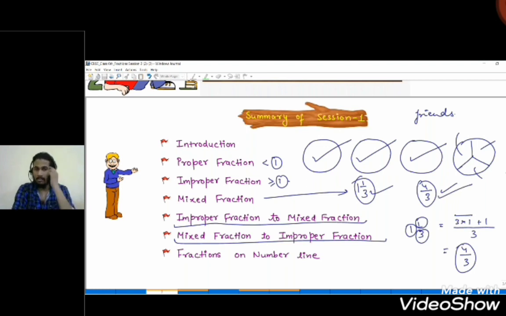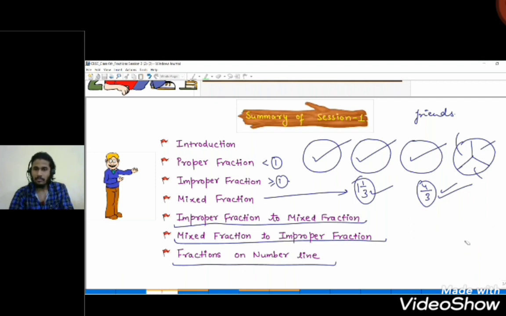So these are all the things that we have learned in the previous session, and also how to represent fractions on a number line, a very interesting part that we learned. So let's quickly recall how to plot fractions on the number line. Suppose you have to plot 1 upon 3. So what we are going to do,